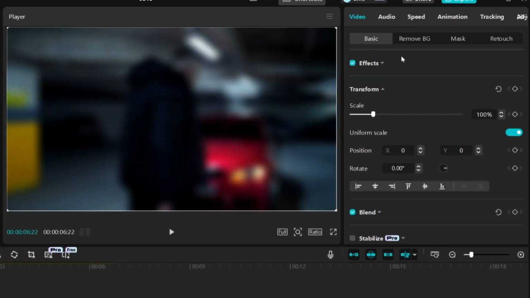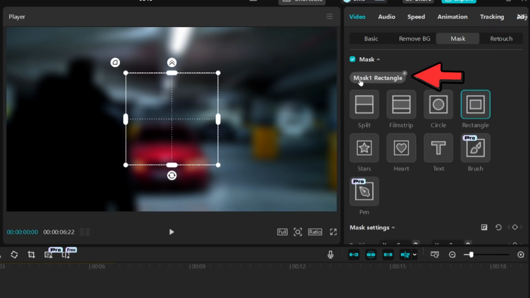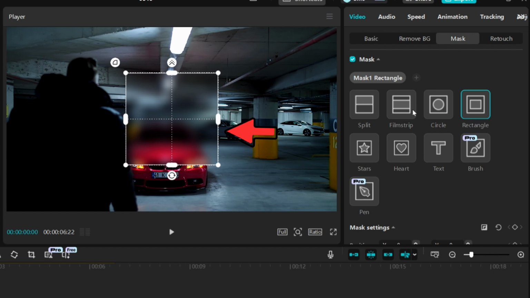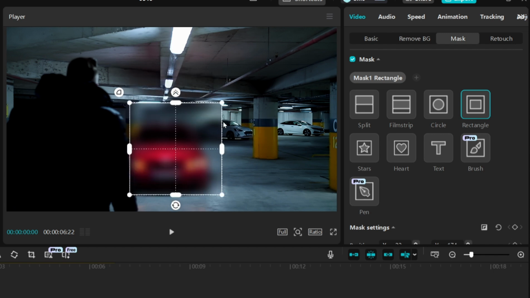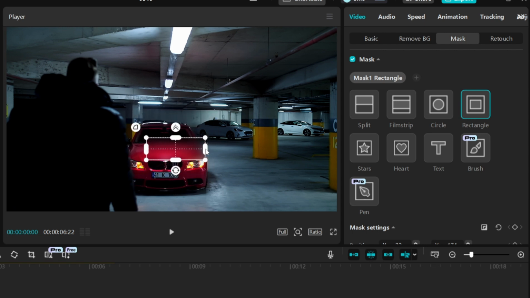and go overhead and click on Mask and click on Add Mask. Now, adjust the mask to the same size as the number plate of the car. And after that, what you're going to do is click on the basic option